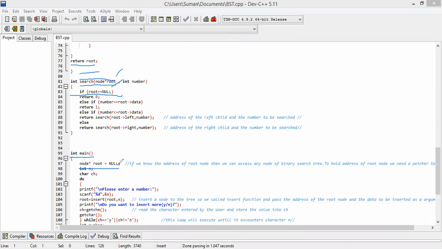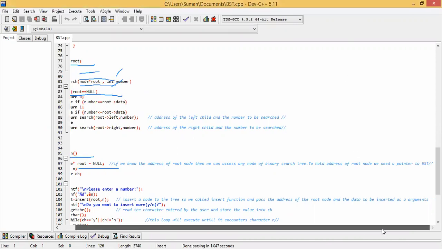Because if we know the address of the root node, then we can access any node of the binary search tree. This is a principle: if we know the address of the root node in a binary search tree, then we can access any node present in the binary search tree. So to hold the address of the root node, we need a pointer to BST.